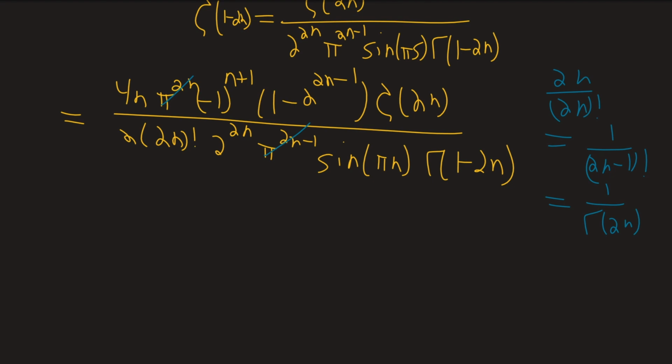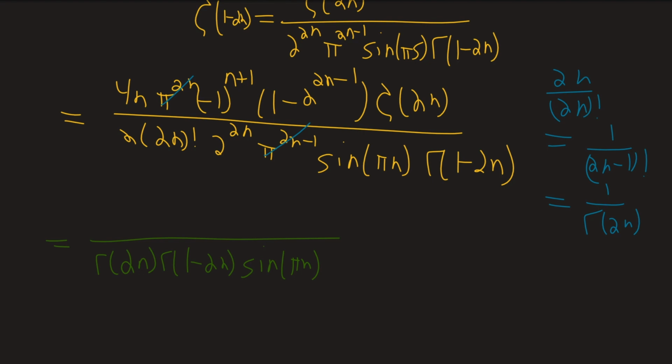And the reason I'm writing that in terms of the gamma function is because we have a gamma right there. So just getting everything in terms of that, we can apply, well, I'm jumping ahead, but we can apply Euler's reflection identity. That's all a lot, so I'm just going to rewrite all of this real quick. What we have then is our fraction bar, gamma of 2n times gamma of 1 minus 2n times the sine of pi n,